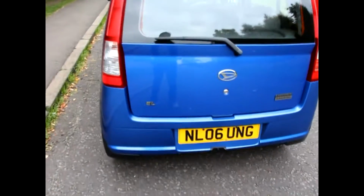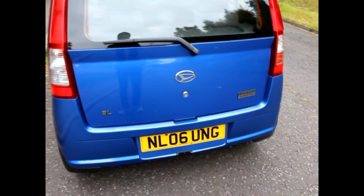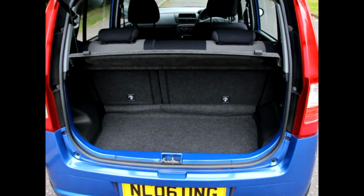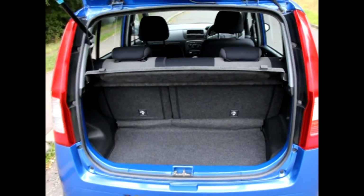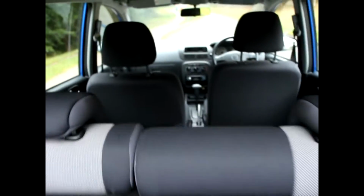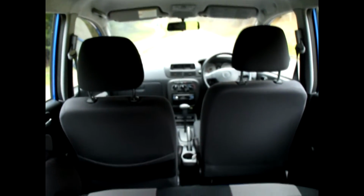So this car really has a very newish feel to it. For example, the boot isn't the biggest, but the car isn't either. But if you look, everything's in place, as if everything's new. You see what I mean by the new feel. I may get a bit obsessed and refer to it a few times, but look,